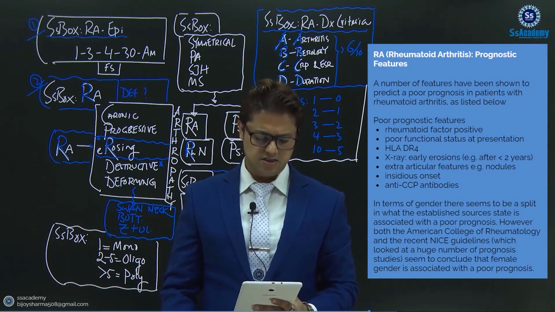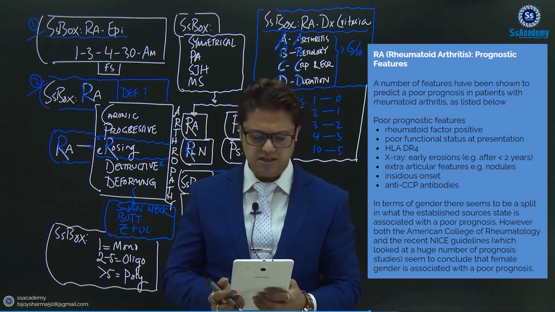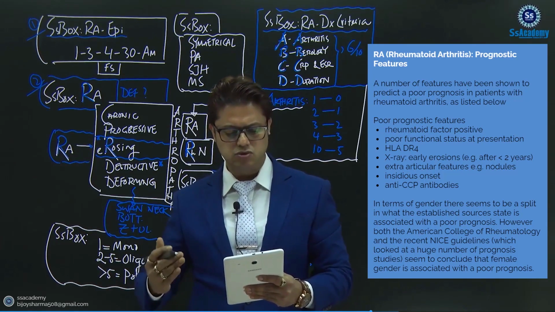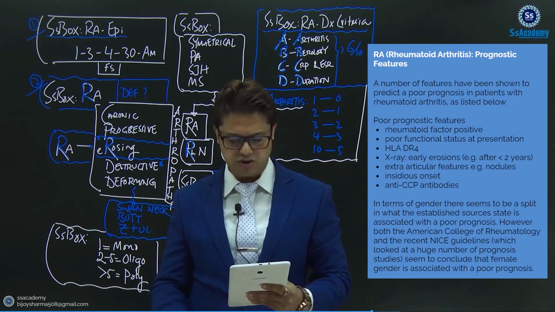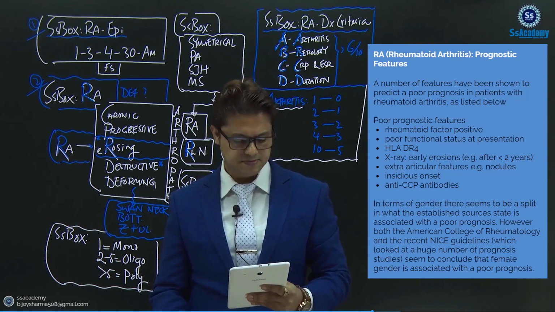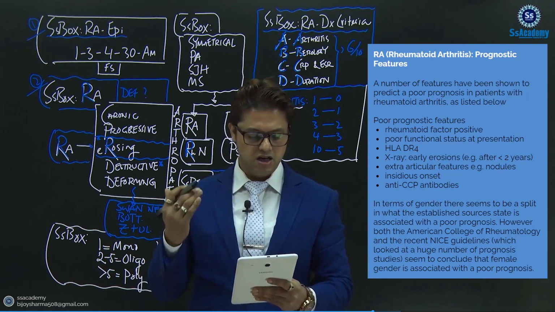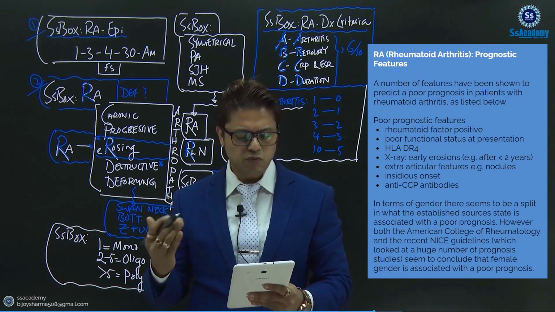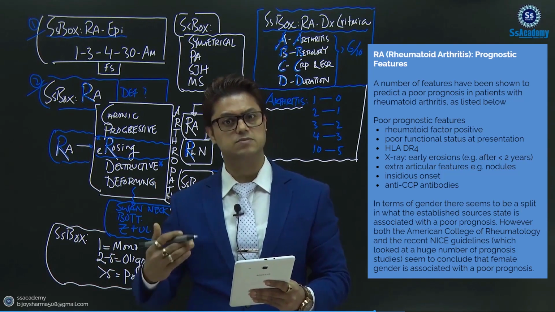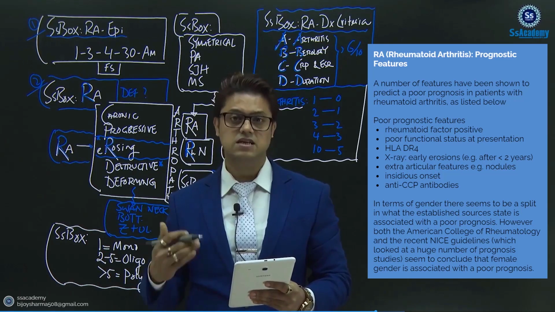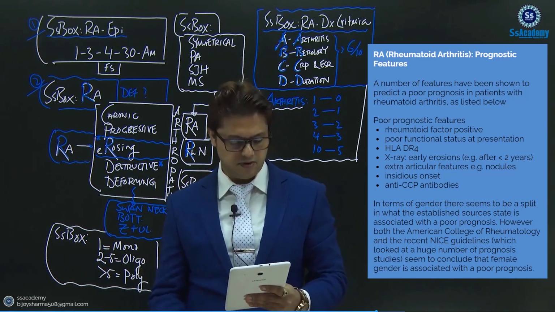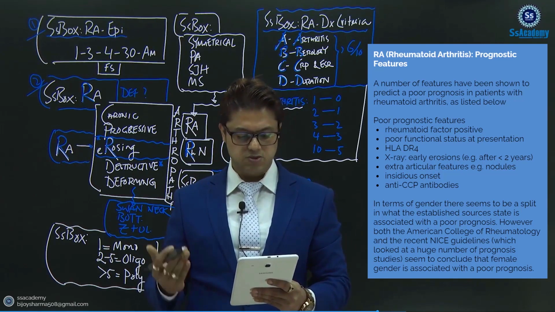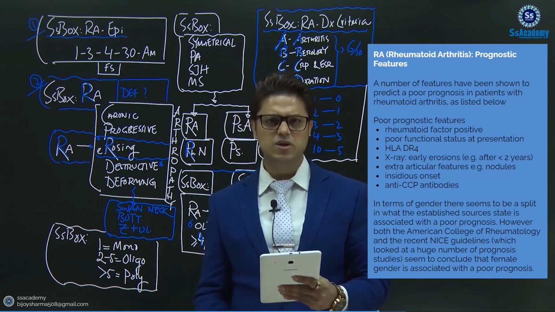prognostic features. So yes, my dear doctor, listen very carefully. Just follow me, what is written on your notes. A number of features have been shown to predict the poor prognosis with rheumatoid arthritis. Poor prognostic features are rheumatoid factor positive, circle the rheumatoid factor, poor functional status at presentation, circle the poor, HLA-DR4, circle the DR4, X-ray, there are early erosions, that is written after less than 2 years, means within